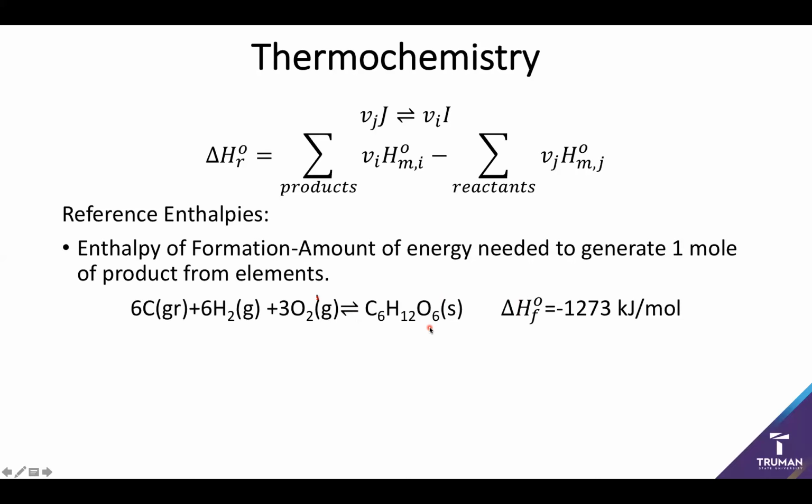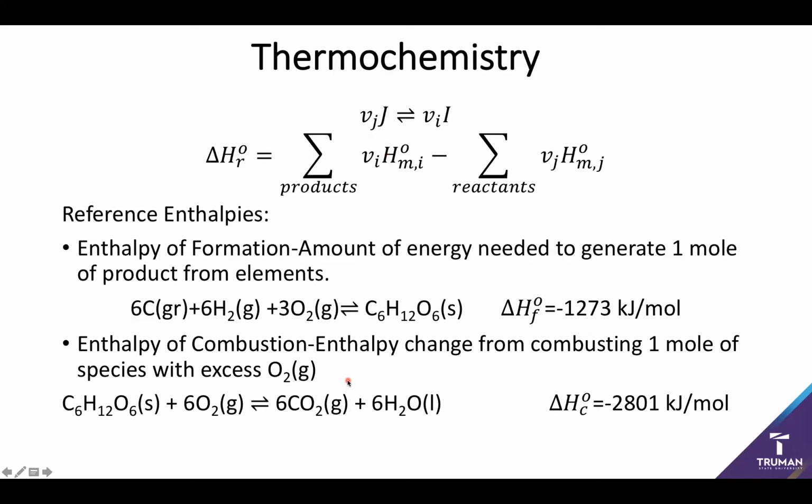Now, as long as all of my enthalpies are enthalpies of formation, essentially what I've done is make a thermodynamic cycle that's constantly referencing back to the elements. And so it's a fairly consistent method. However, watch out when you're combining it with other reference enthalpies. The other most common, typically used in a lot of engineering, is enthalpy of combustion. The enthalpy of combustion is the enthalpy change of combusting 1 mole of the species with essentially excess oxygen. So for glucose, this would be the combustion of solid glucose plus oxygen to produce CO2 gas